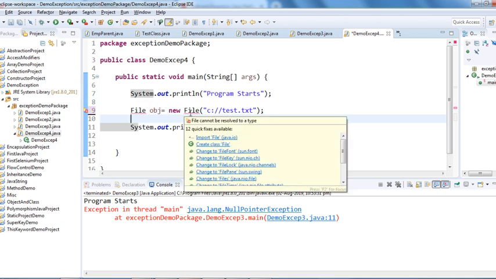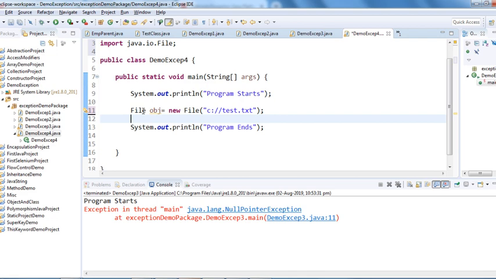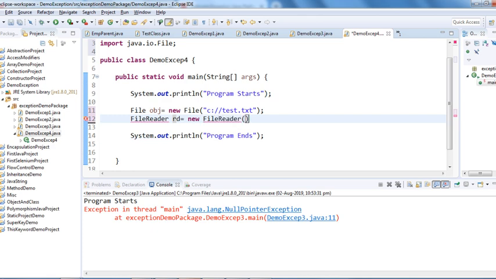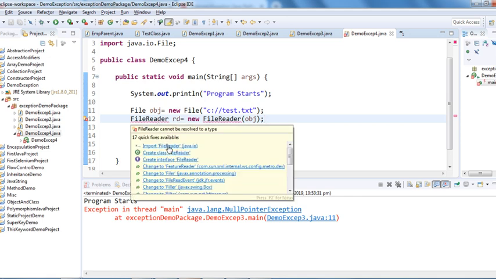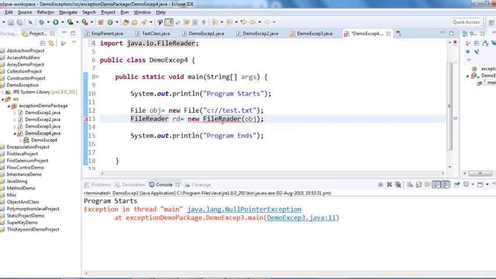Let me import this File class from java.io, and we have another class, FileReader. Through this class I'm going to read this file. So I have to import FileReader from java.io,